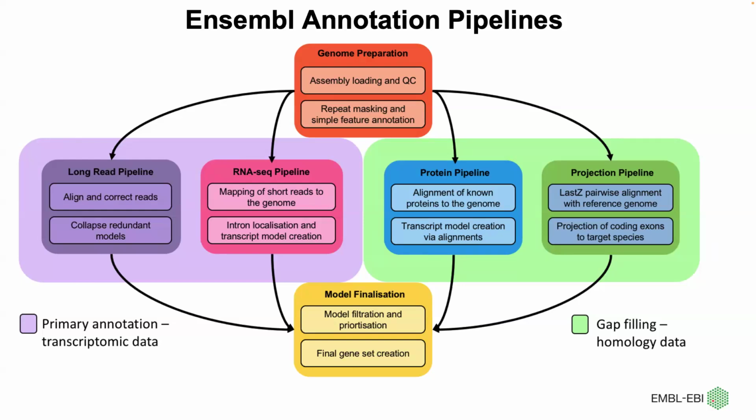So this is a diagram that just represents how the Ensembl annotation pipeline works. I'll quickly explain this, but I'll go into more detail on each of these pipelines further in my presentation. So basically, the first step is we load the assembly and we do some quality checks. And once the genome is assessed for its quality, we annotate and mask repeats using RepeatMasker,